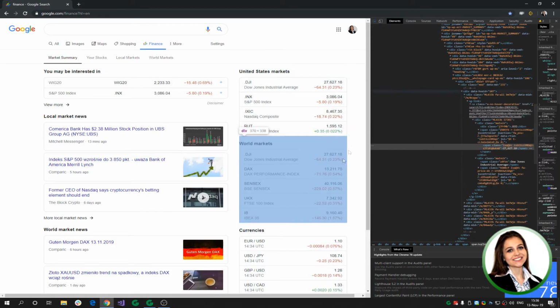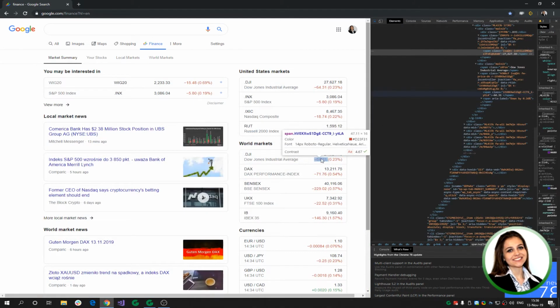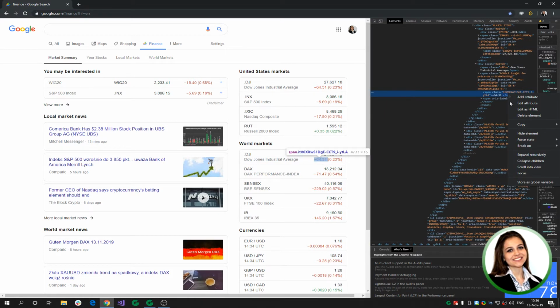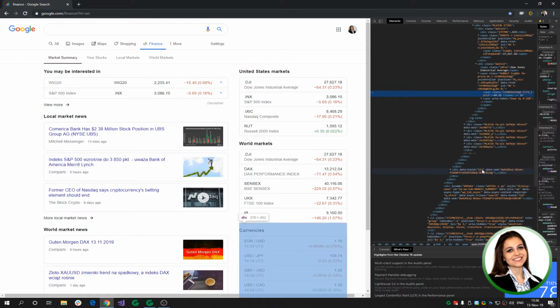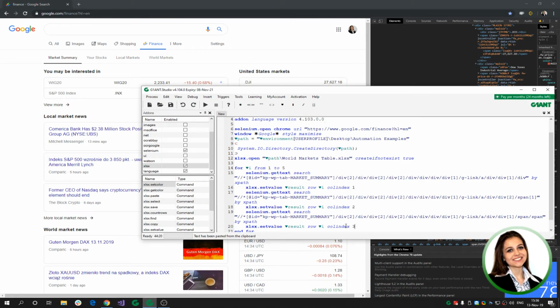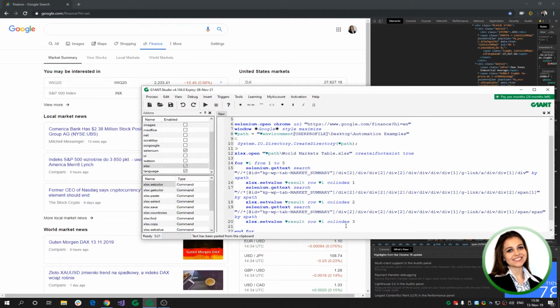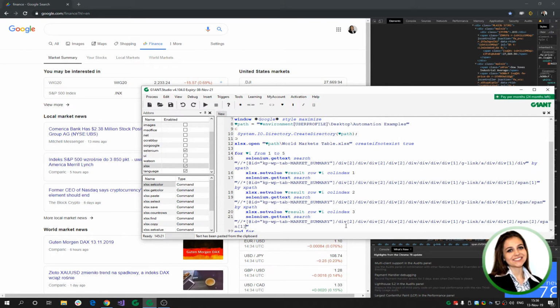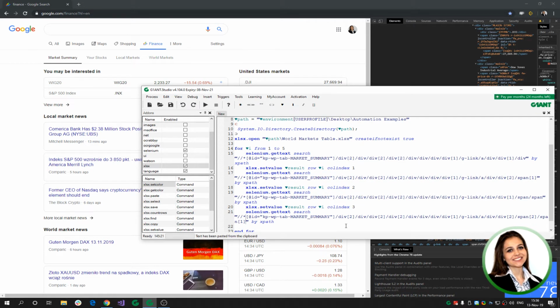And now finally we want to get that information, maybe this one, copy XPath. So Selenium get text search, paste it here and by XPath. Again set value, column index 4,